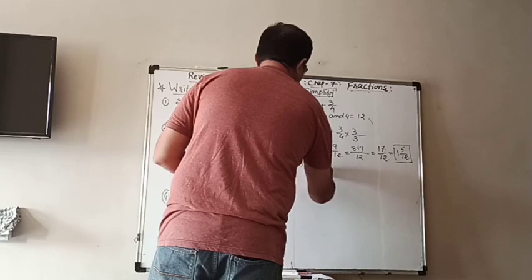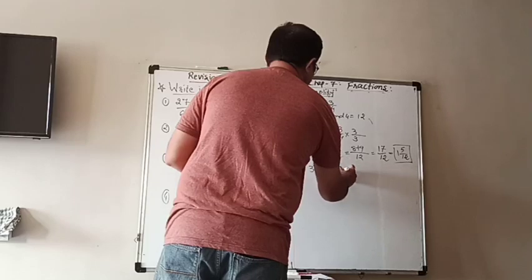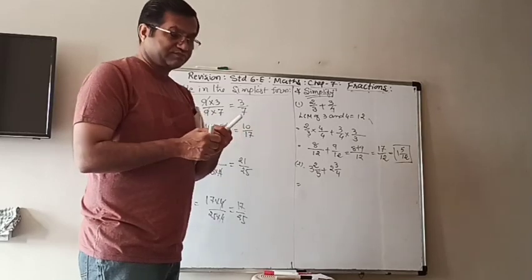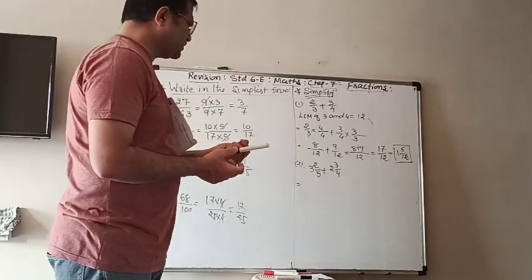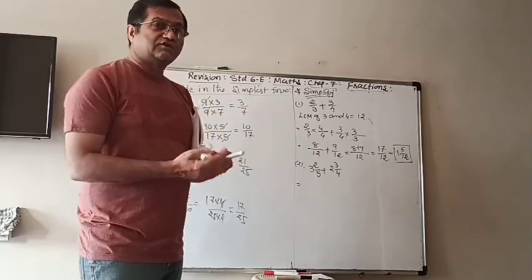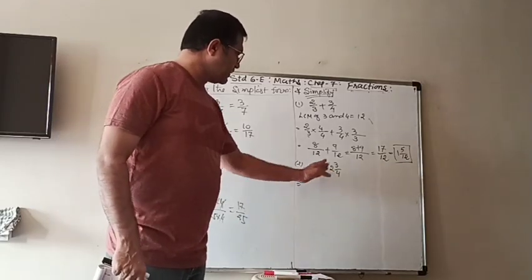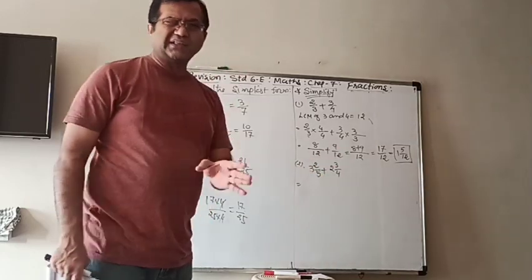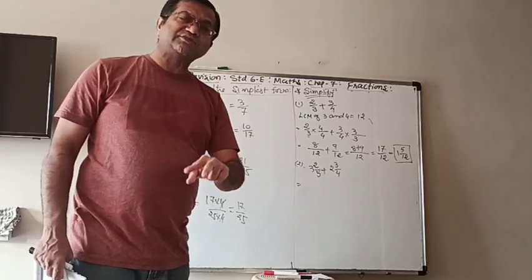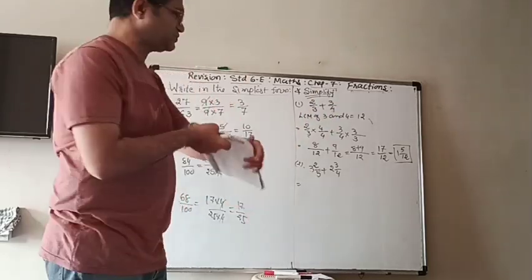Next one. 3 integer 2 by 5 plus 2 integer 3 by 4. Now when they are given as mixed fractions, we can do it directly, but that method is quite difficult, so I didn't even show you. In that, they take the whole part separately, meaning 3 plus 2, and then add the fractions, and then they do that thing. Rather, make it easier. First, convert them from mixed fractions to improper fractions, and then do the same. Then it will be easier, no confusion.